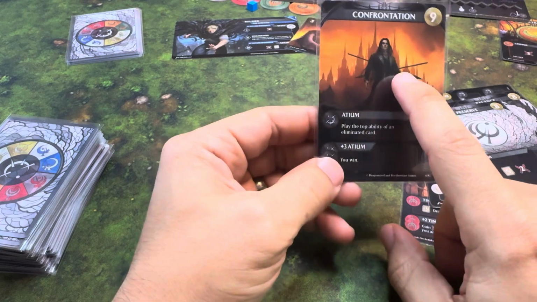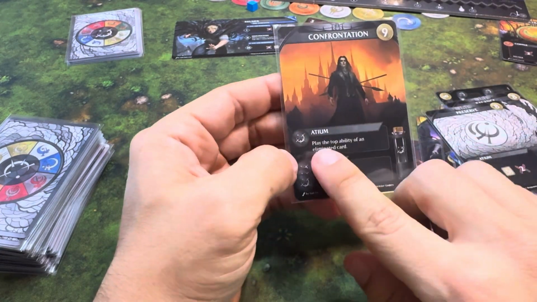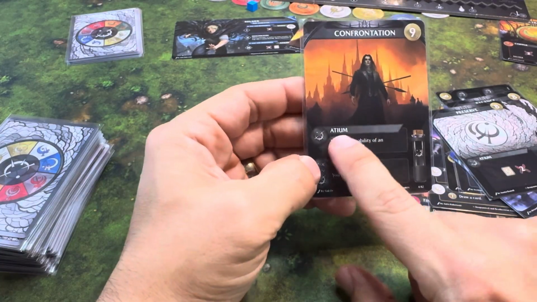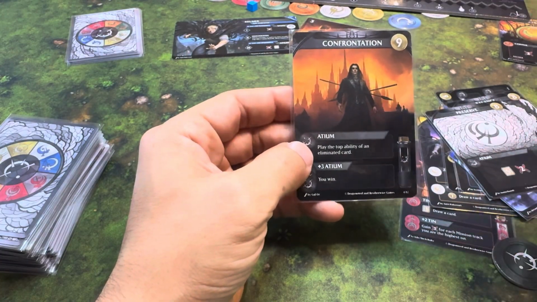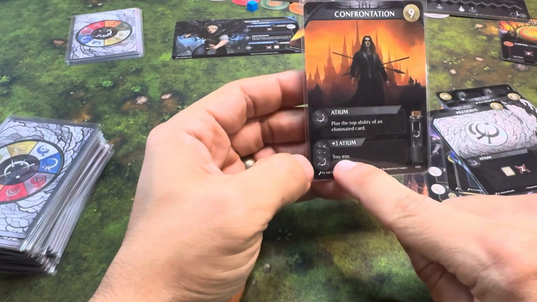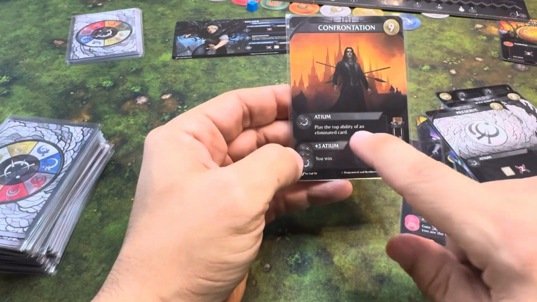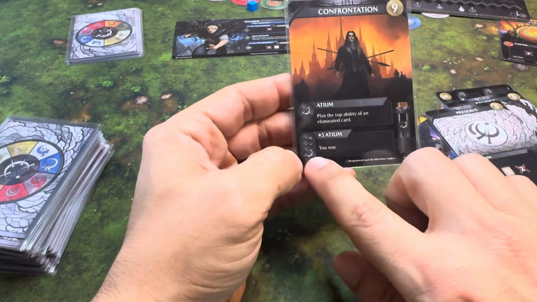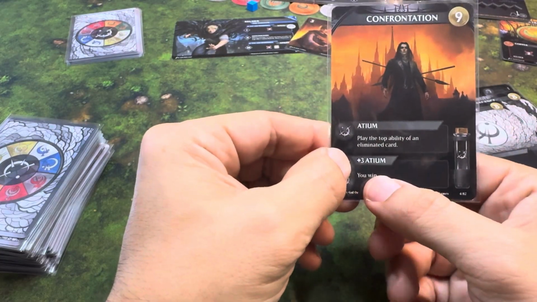And lastly, I have, this is such a cool part of the game. It's a cost 9 card called Confrontation, and it's a unique way of winning the game altogether. As I explained, you could defeat the Lord Ruler, or you could play enough Atium on your turn. So if you've stored enough during the game, or if you have other ways of generating Atium, if you have this card, you could spend all of the Atium and automatically win the game, which I think is such a